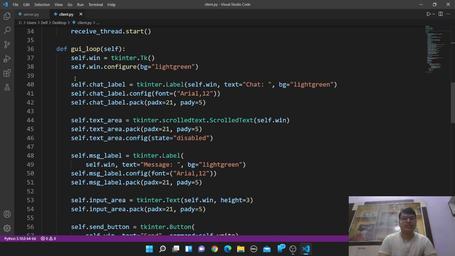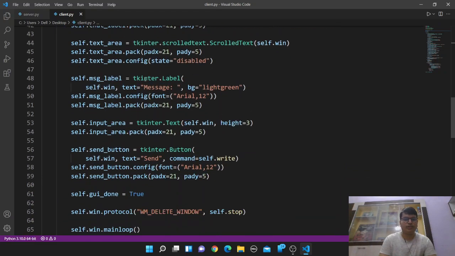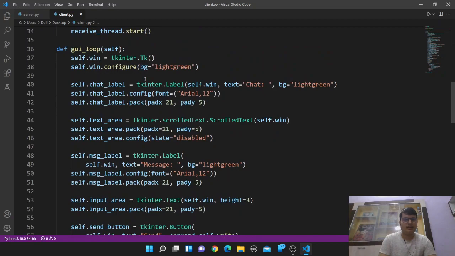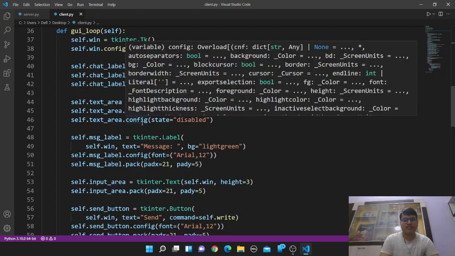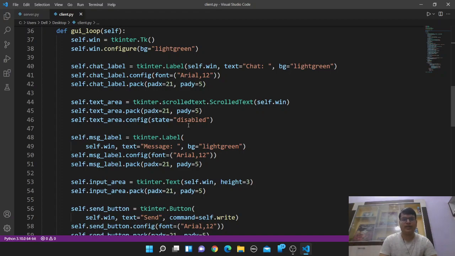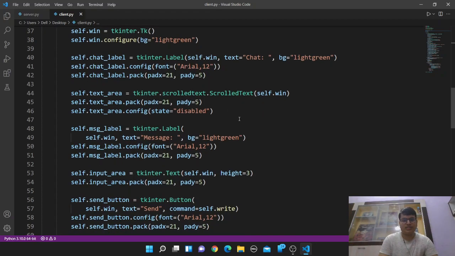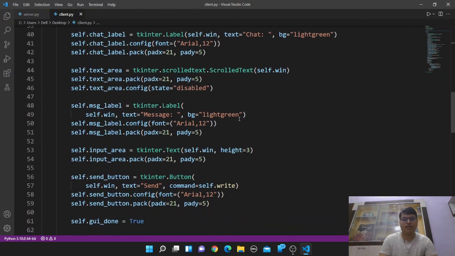So this is basically front-end programming. It does not have any functionality. So this will just be the GUI of the message box. So we can set this according to our preferences. Like I have set this as light green and I have also set the font and paddings etc. I have also added a scroll bar here and I have set the configuration to disabled because we don't want to edit the message box. The messages that have come, we don't want to edit them.